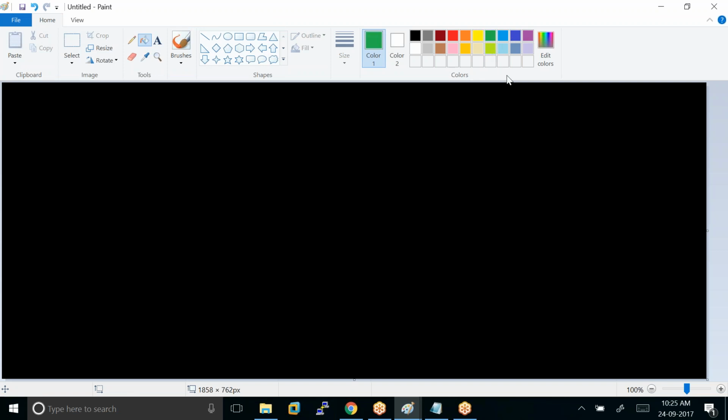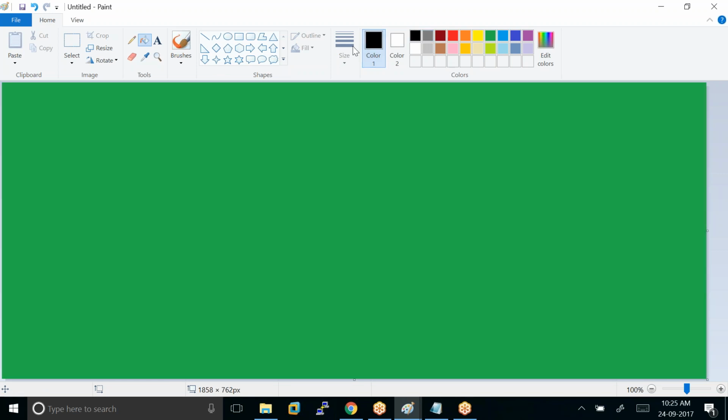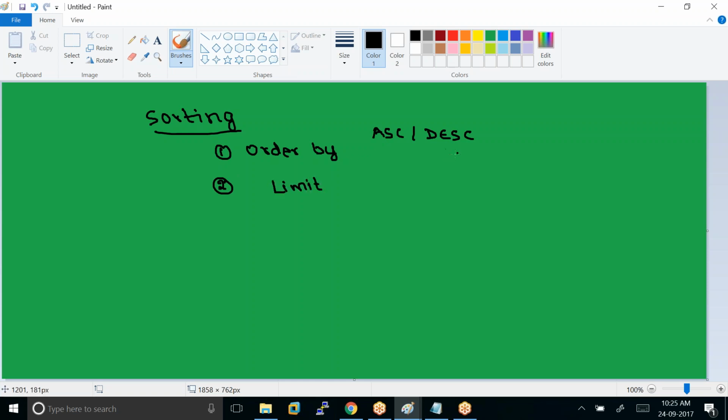Now we are going to discuss the sorting operator and limit operator. Under sorting we have two types of operator. One is order by. We can list the content of a relation either in ascending order or in descending order. That is order by. The second one, we can use limit to limit the number of statements that is